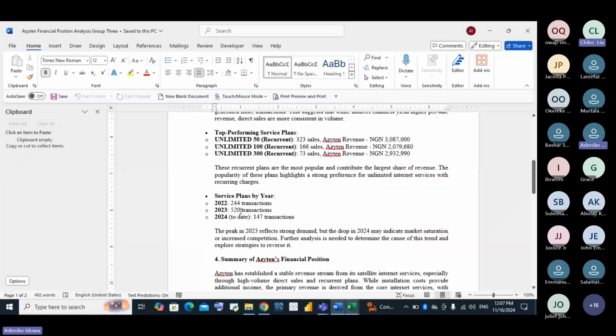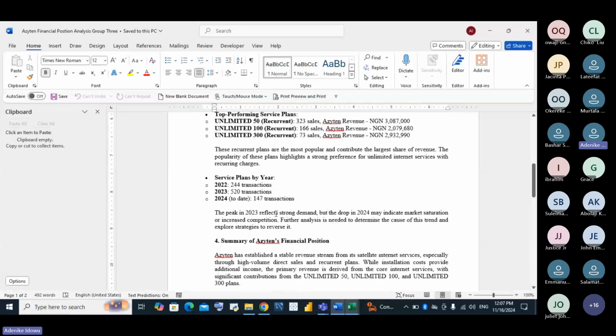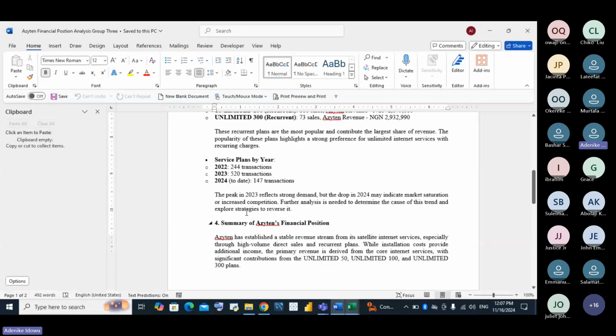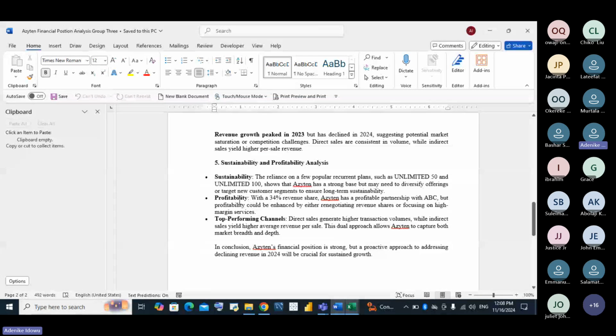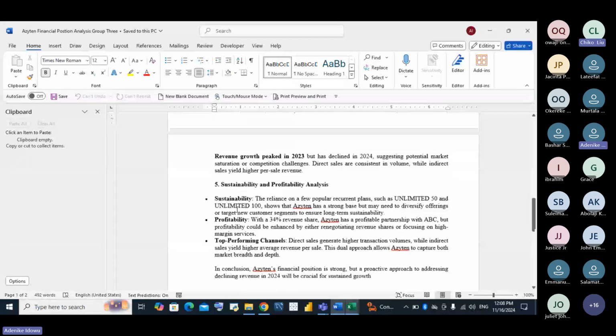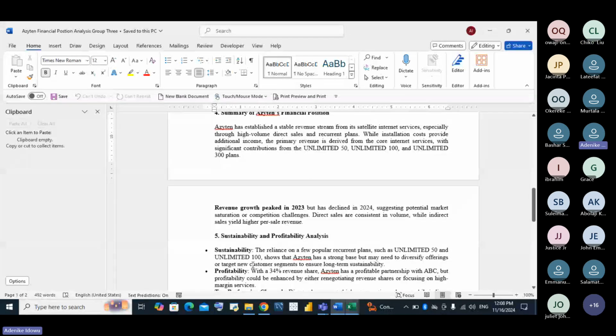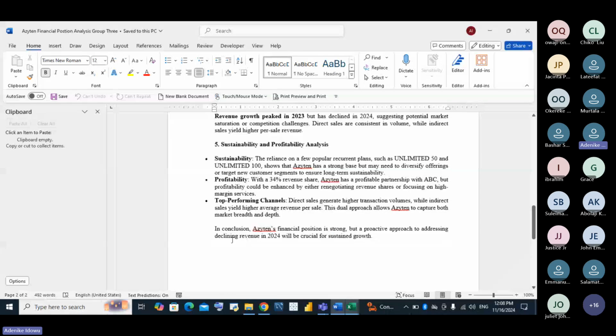For the service plan by year, we have more transactions, about 2000, the highest in 2023, while the lowest is just in 2024. And this is our summary because of time: sustainability with profitability and top performing channels. In conclusion, Azyten's financial position is strong, but a proactive approach to address declining revenue in 2024 will be crucial